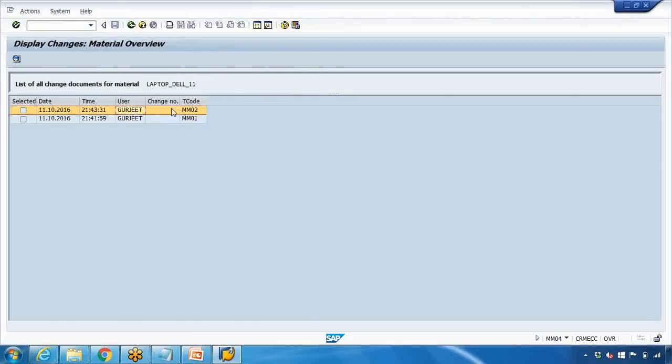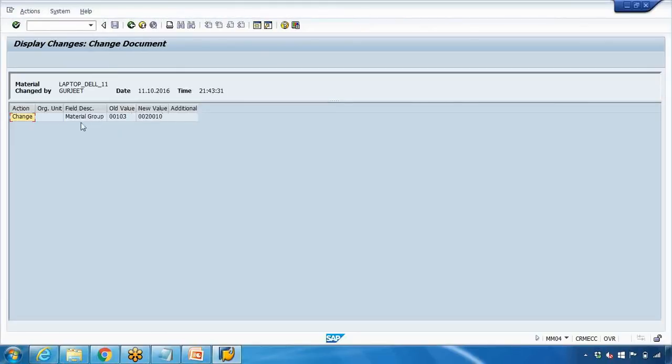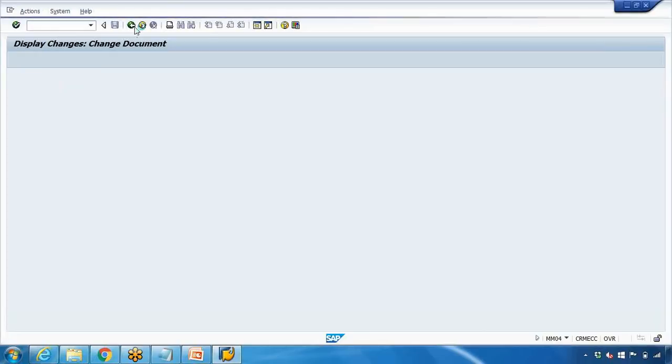If I double click on this MM02 change, it will tell you what was changed. It is saying that material group was changed from 001003 to 00200010. So it will record the changes that are happening for any material. I can go back,